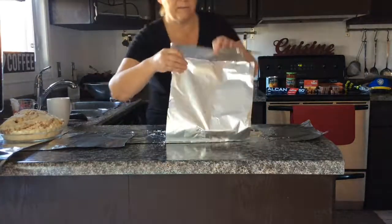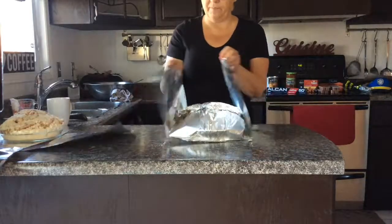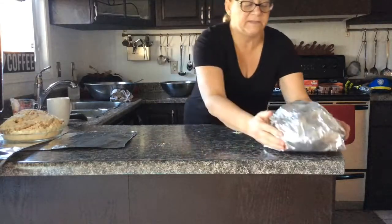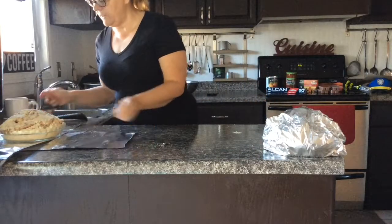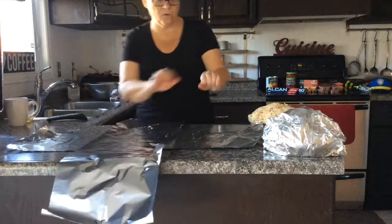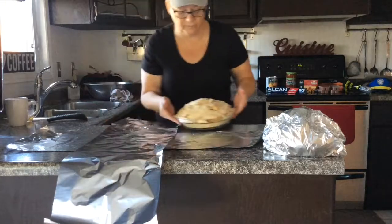So now I'm going to wrap these up like this, one way, and then I'm going to wrap them this way. And I tuck them. And so the first half hour that I'm baking these pies, guys, they're going in just like that, all folded up like that. And then after half an hour, 40 minutes, uncover them. Just roll the tinfoil down around the plate. And then from there,